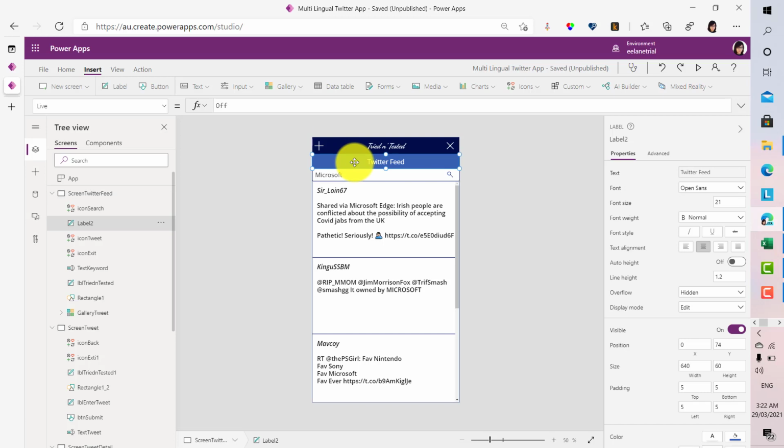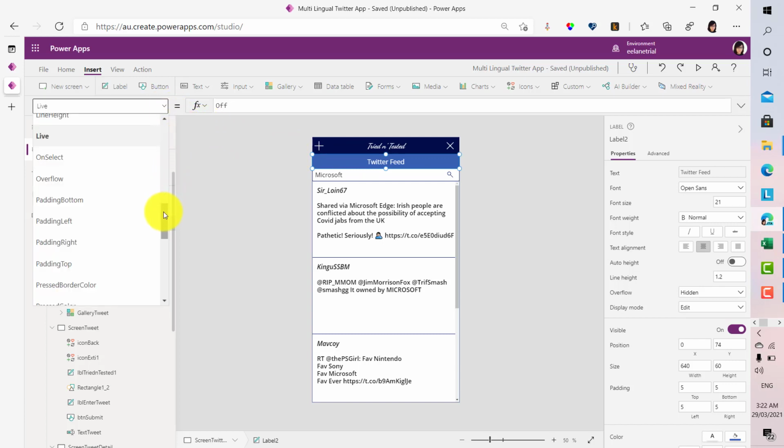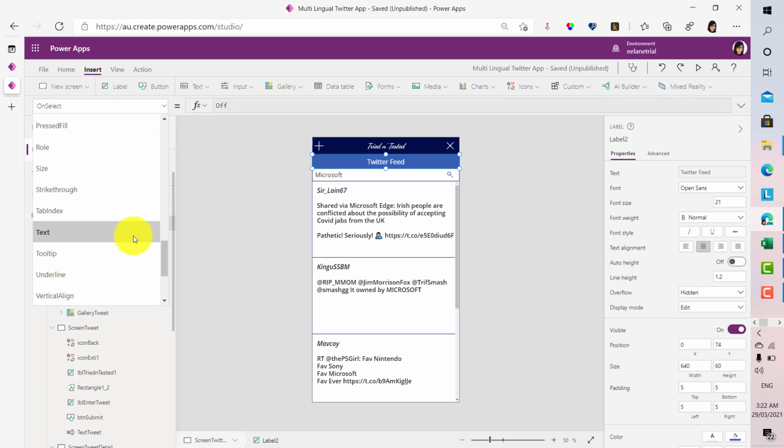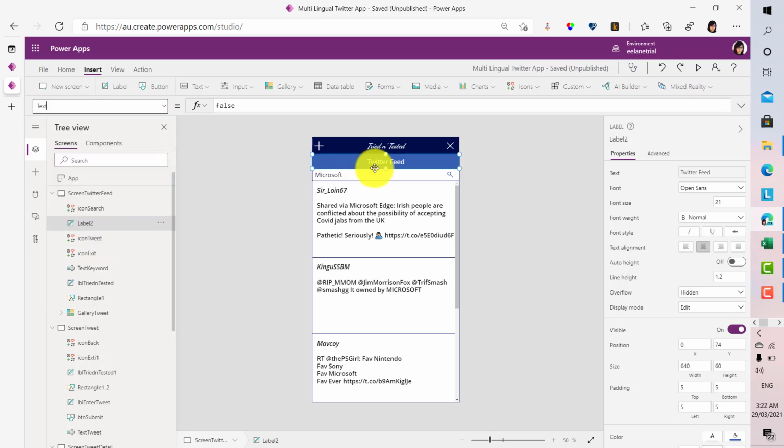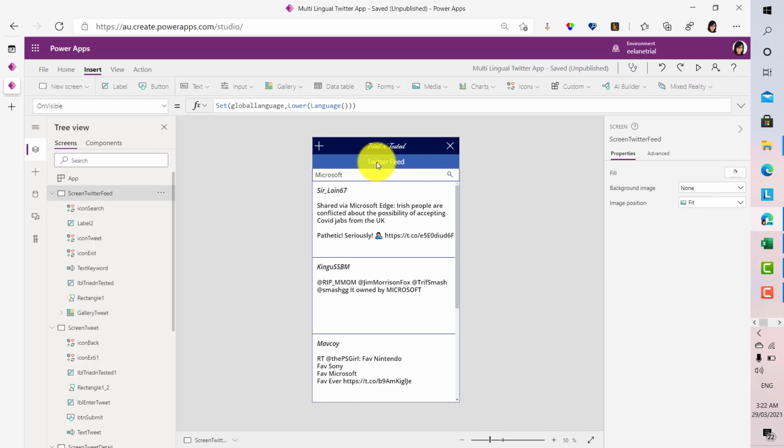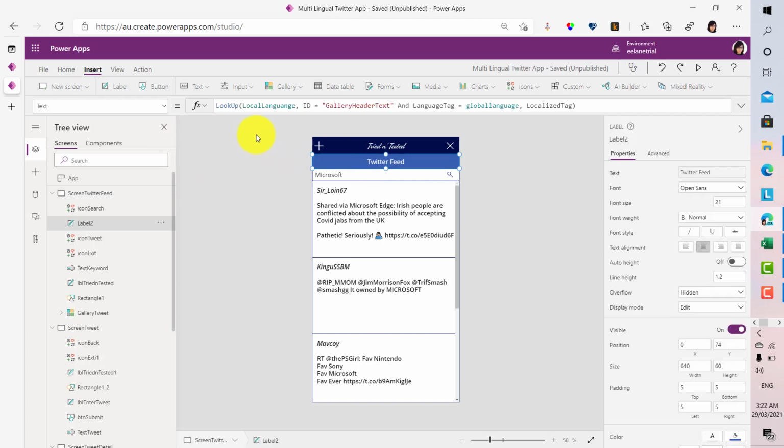So instead of hard coding the text on this label, I need to look up to the Excel list that I've created earlier in step 1, so that it will actually dynamically pull the text to be displayed on this label depending on the phone language. First thing, I'll go to the text property over here. And as you can see in the text property, instead of having hard-coded the string Twitter feed, I look up to my table, which is the